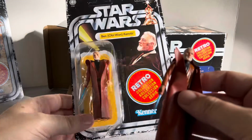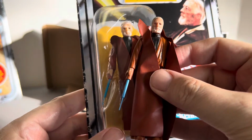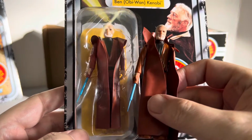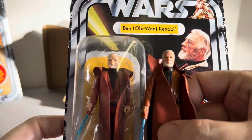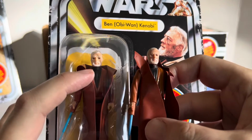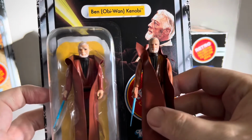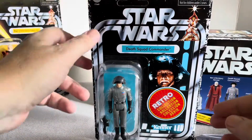And just as a comparison, I'm not actually sure whether that's going to look... Is that about the same length or slightly longer? Yeah. Okay. It's about the same length there, I think. But yeah, great detail. Obviously looks as good as it can do of the original figure. I think the face is a bit larger on this version, on the reproduction. But you don't lose any kind of detail there. It still looks like the original figure. So there's Ben Kenobi. Next, we've got the Death Squad Commander, which was the original...